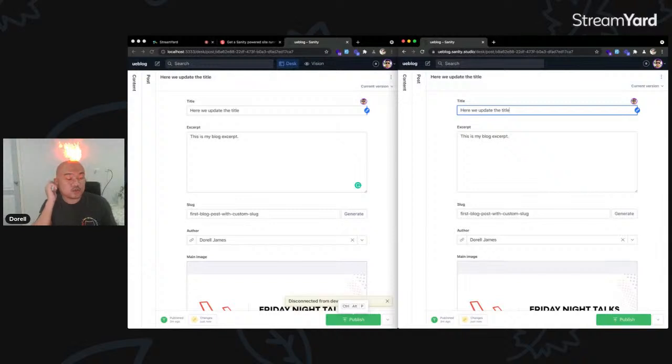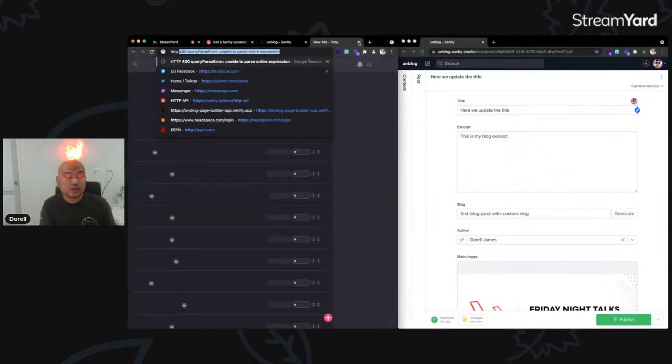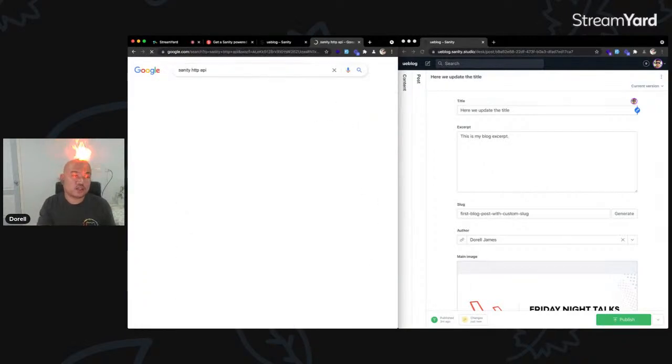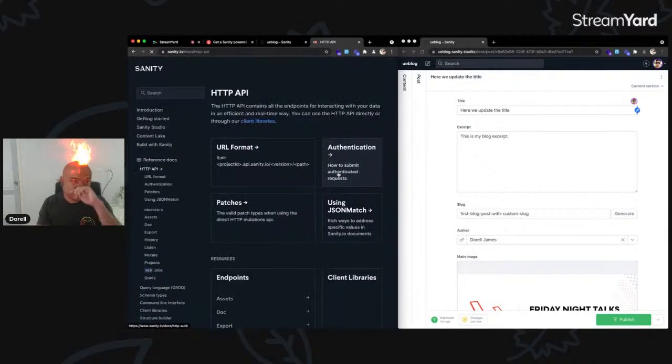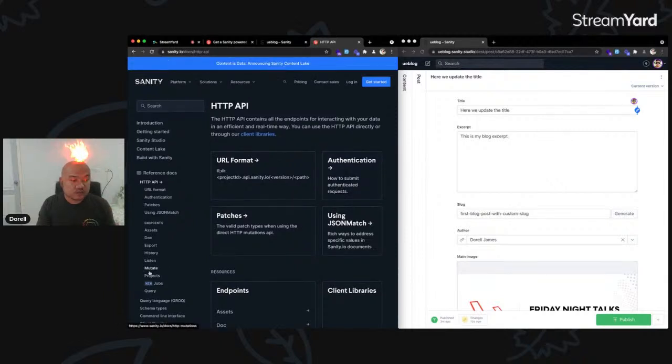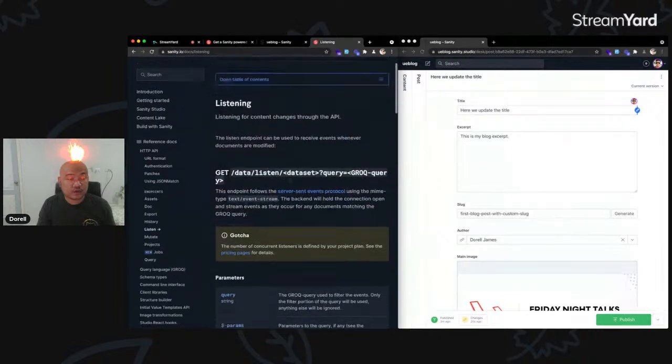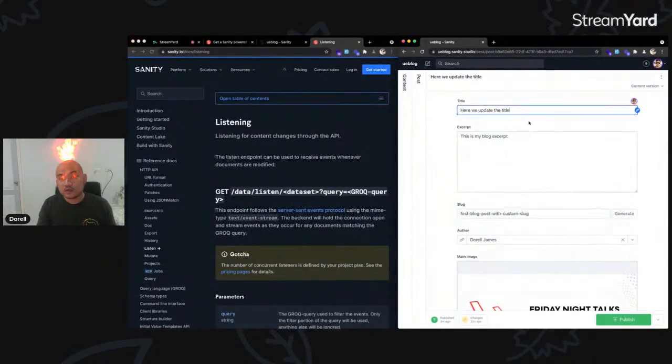Sanity comes with a really powerful HTTP API with a listen endpoint where you can set up webhooks for